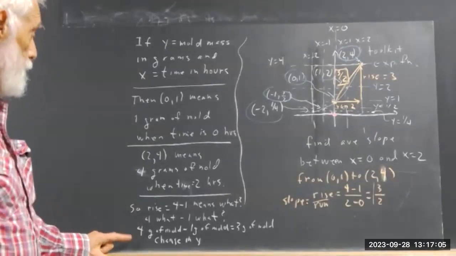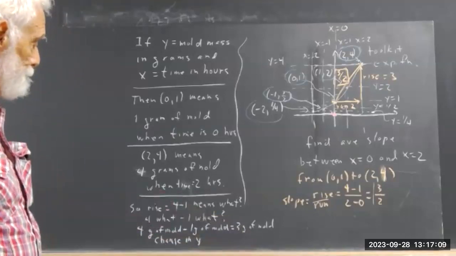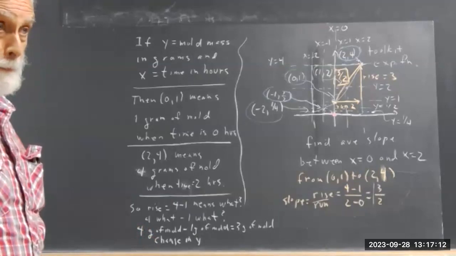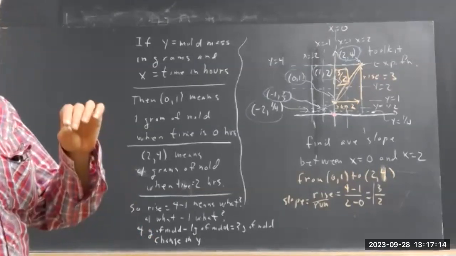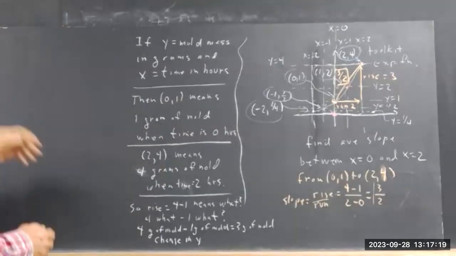Okay. So anyhow, again, 4 grams of mold minus 1 gram of mold is 3 grams of mold. That's a change in Y. And as I said, that's the numerator of your average rate of change. Okay. Now,